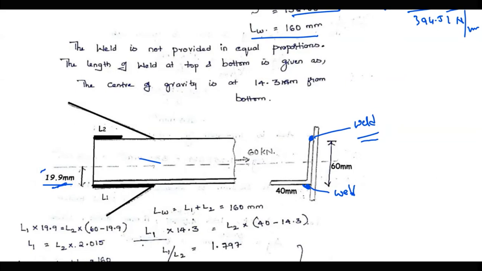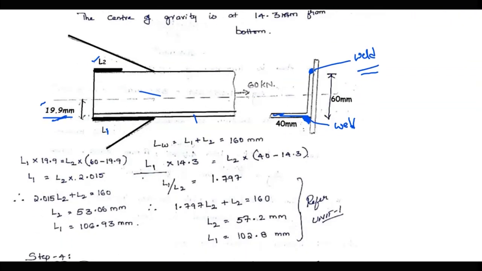So from the bottom, now you have to put the weld not in the same proportions, right? So at one place we have to put more and at another place less. I don't know how much I need to put, but let me check. So this is the flange, other leg. Here the length of the weld is taken to be L1 and at the top L2. I don't know what L1 and L2 are. But in most cases, at the bottom only, the weld is going to be more.